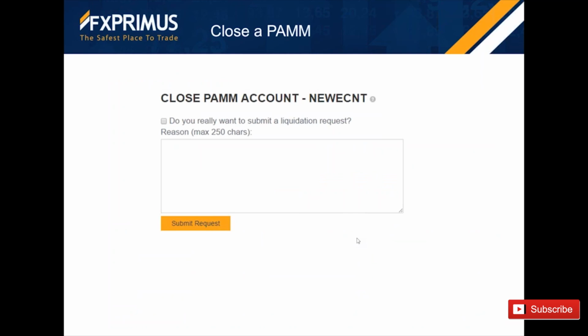And the last thing which you can do, you can at any time choose to close the PAMM account, and if there were any open positions, this is a request that is sent to the system. It will be done at the end of the trading, at the end of the rollover period. And if you choose to liquidate your account, all the positions will be closed, and then all the money will be distributed back to the